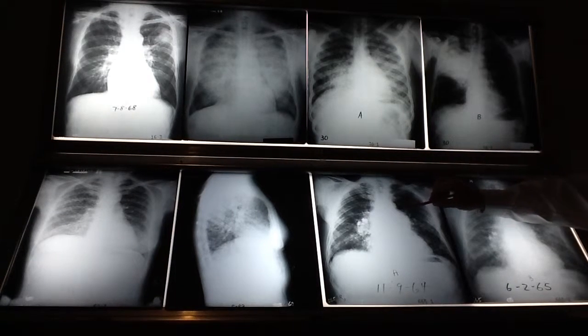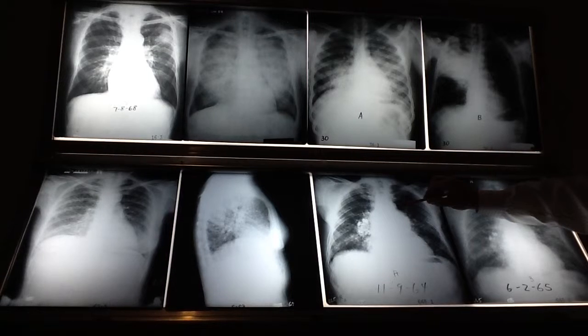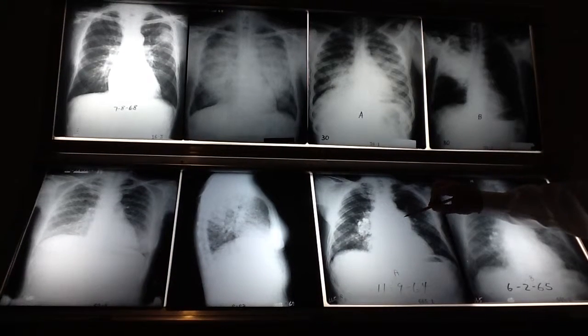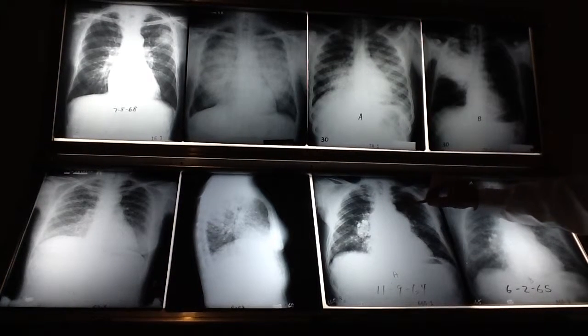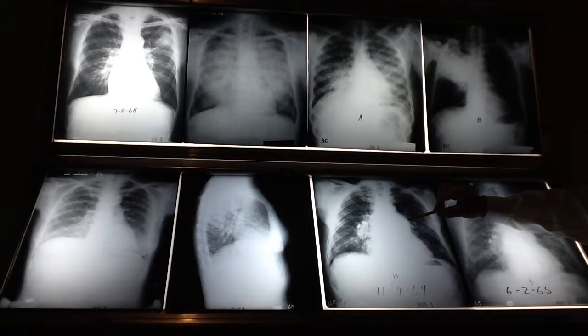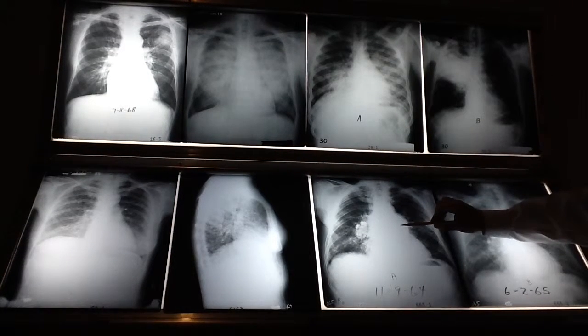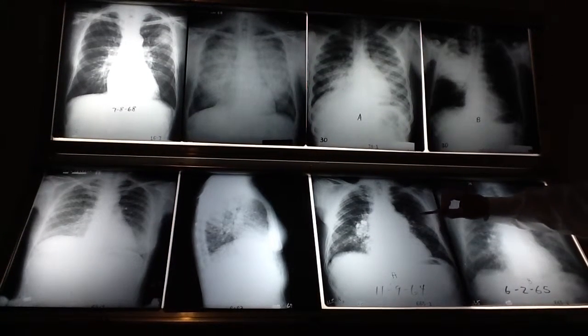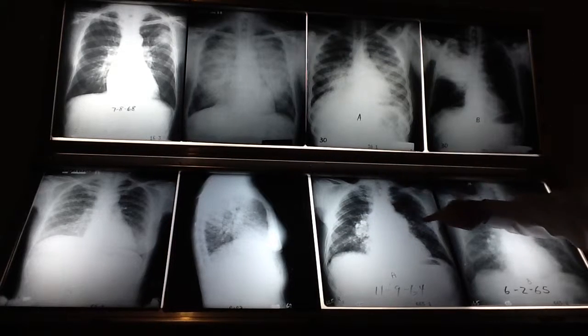You see this right here? That's the pulmonary artery. We never said the pulmonary artery should be, 1, large, 2, stick out beyond the aortic knob, and 3, cover up the left hilus. We never said that. The pulmonary artery is supposed to be at least under or even slightly medial to the aortic knob and not cover up the hilus. So covering up the hilus tells us this thing is under a lot of pressure,